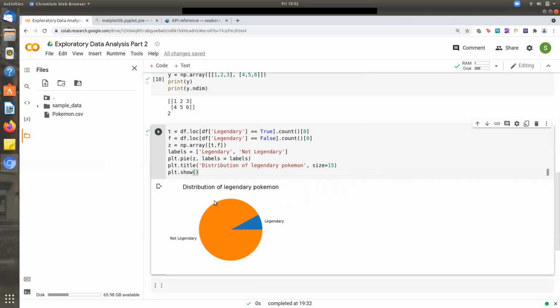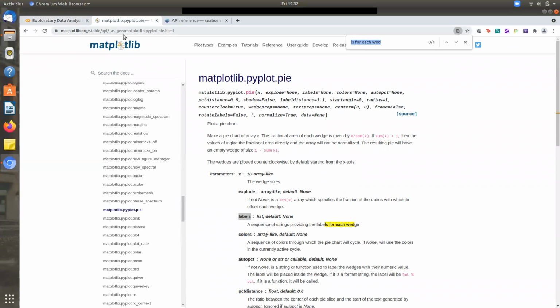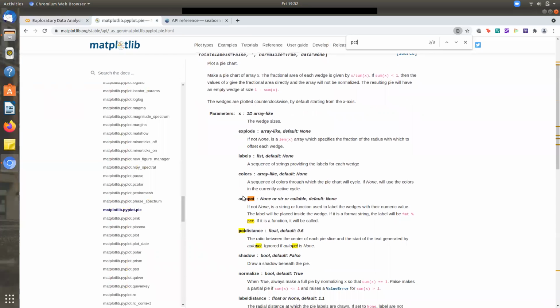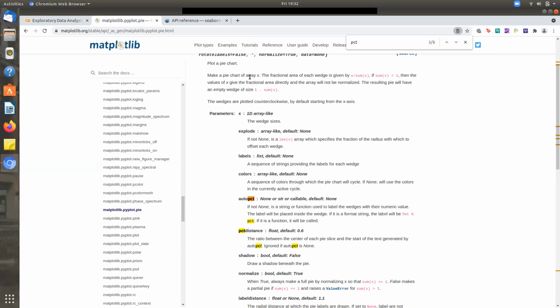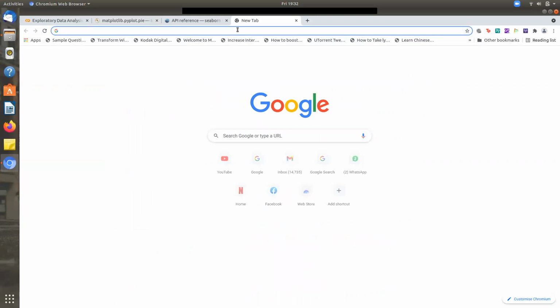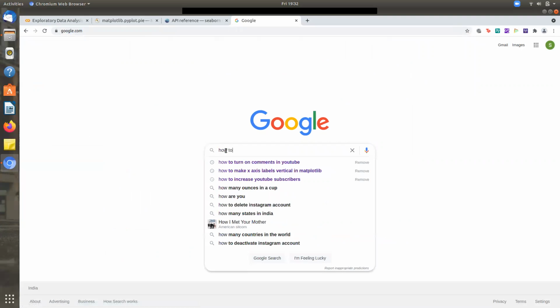But I think there are a couple of other important things I want to talk about before that. Adding some, like if we had percentages displayed here, that would have helped us a lot. So let's see how we can do that. Actually, I knew this. If you would search, you would probably be searching PCT or percentage. So sometimes it's difficult to find things in the documentation. So what you can do is search